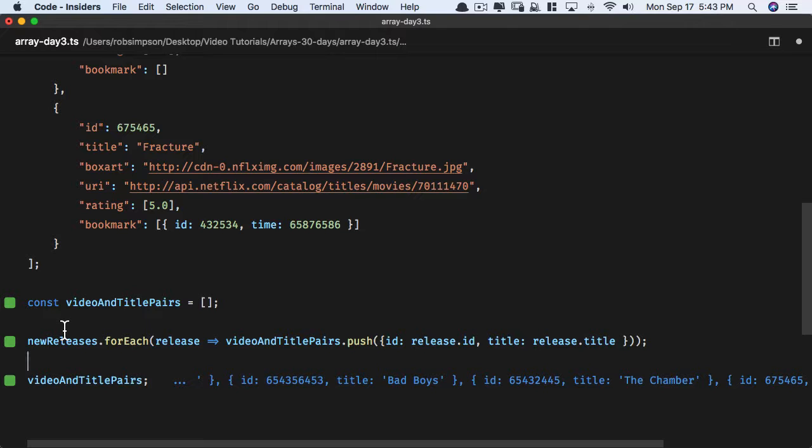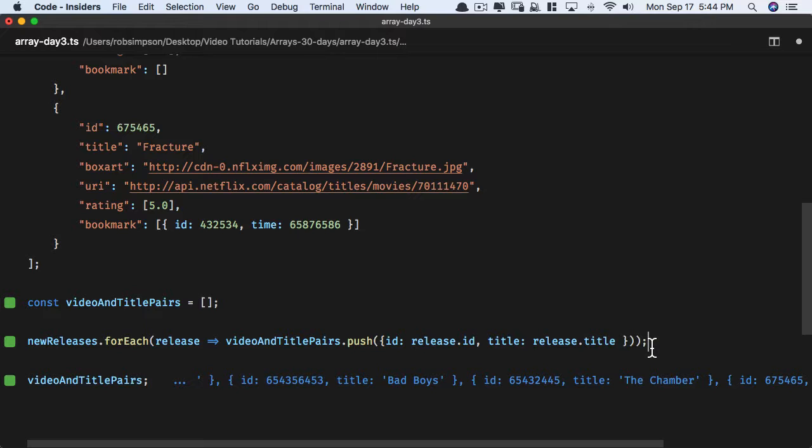So what we want to try to do now is to not have to say how we're going to do it. We're not going to have to set up this new array and then push to it. And that's where map comes in. And what map does is that it takes the projection function and then it will, for each